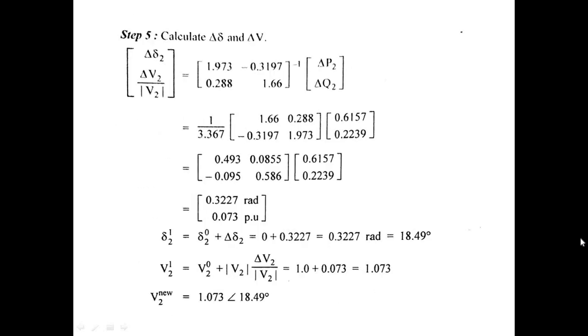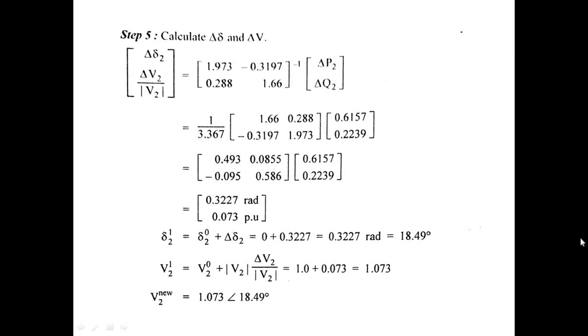Step 5: calculate the delta delta and delta V. Delta delta2, delta V2 divided by modulus of V2 is equal to the matrix 1.973, minus 0.3197, 0.288, 1.66 whole inverse of del P2, del Q2, that is equal to 1 divided by 3.367 times the matrix 1.66, minus 0.288, 0.3197, 1.973 into 0.6157, minus 0.2239, that is equal to the matrix value of 0.3227 radian,